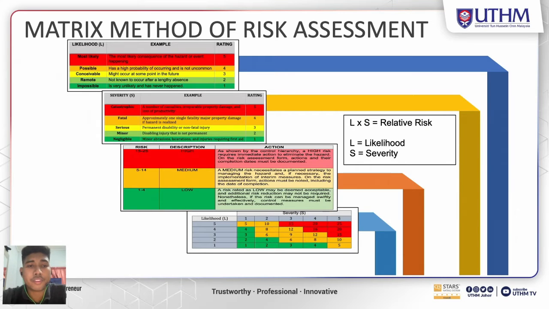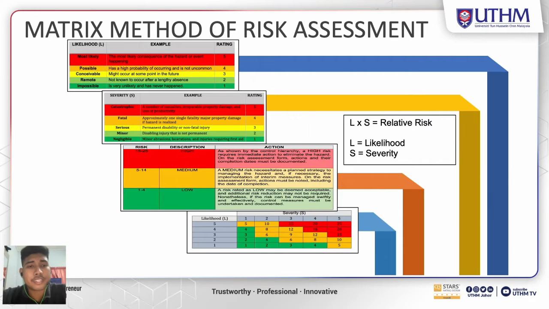And number 5 is catastrophic, which is a number of casualties, irreparable property damage and loss of productivity. With the multiplication, we will get the 3 ranges of the risk. The first range is the low range, 1 to 4, that can be deemed acceptable and additional risk reduction may not